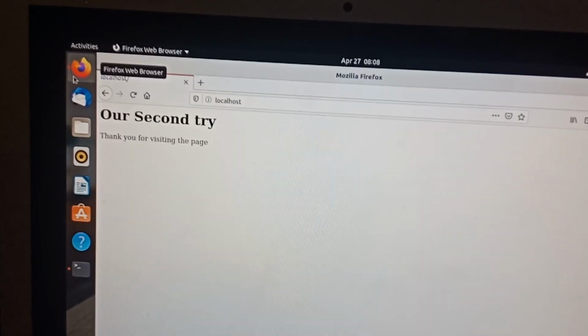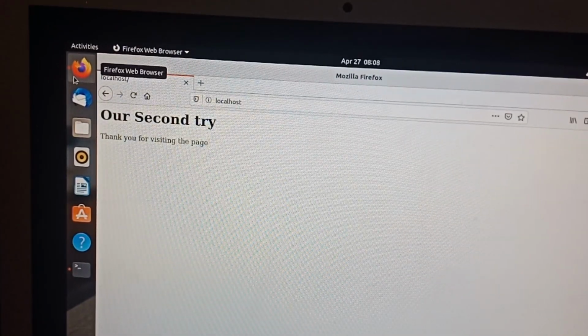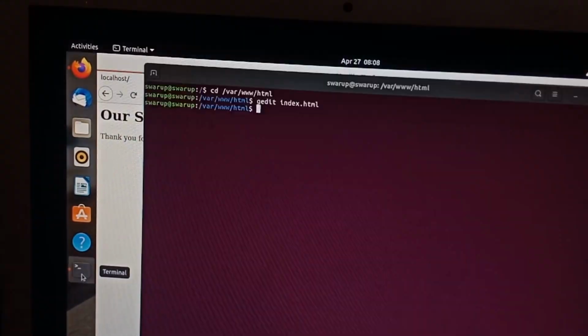After observing the changes, now I will show some commands to stop or start the web server again. We'll go back to the terminal.